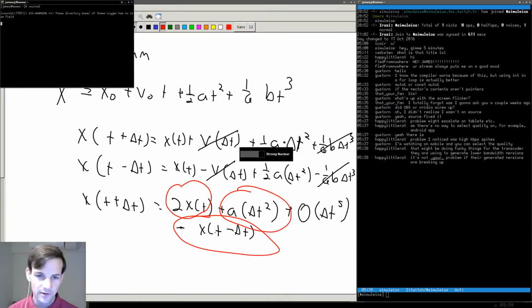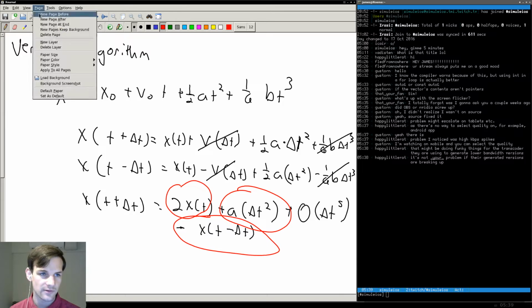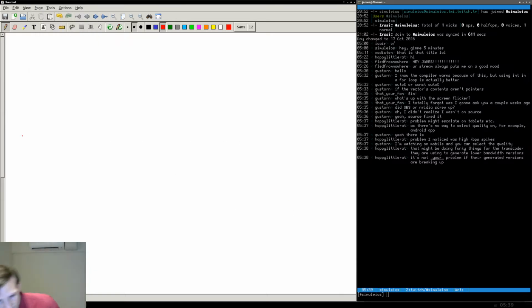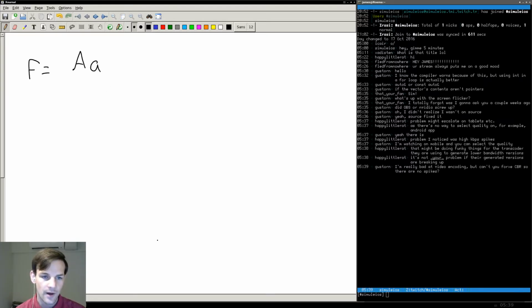So let me go ahead and pull up Zernal. Here we have our equation that we've done so far, new page before. Now, as I said before, the force I want to work with on my end is going to be a function of r, not 1 over r squared. So we want to say force, let's put in black, is going to be equal to, again, the attractiveness of Steve times the,